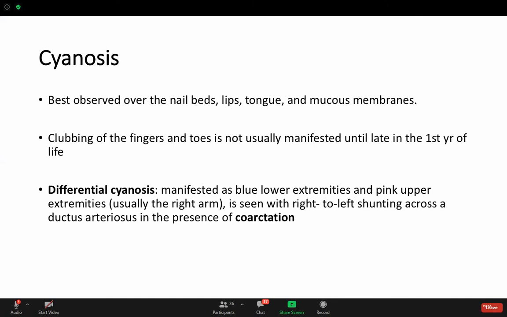This is seen with right to left shunt across the PDA in the presence of coarctation. فأي واحد عنده coarctation they will have differential cyanosis. واضح؟